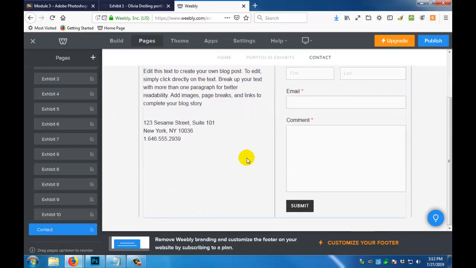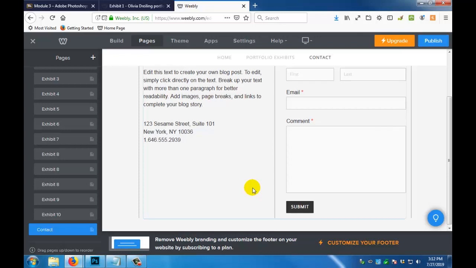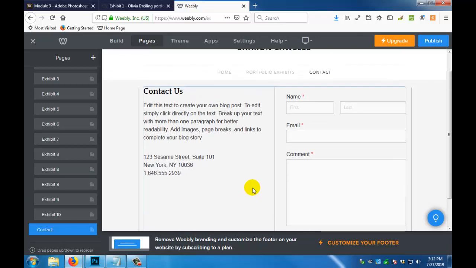This is just a form, so if someone wants to contact you about your site, they can fill out their information and submit, and when they do that, it's going to email this message to the email that you registered with. So over here, you can just put, please contact me if you're interested in my photography or my Photoshop work, or maybe you want to just have them contact you if they have any comments about the